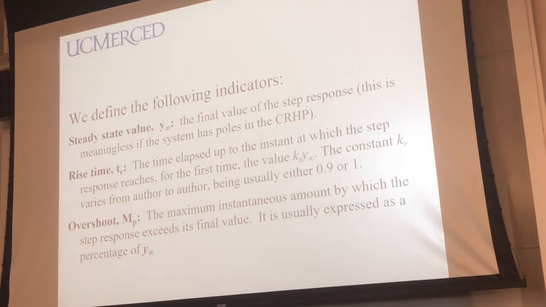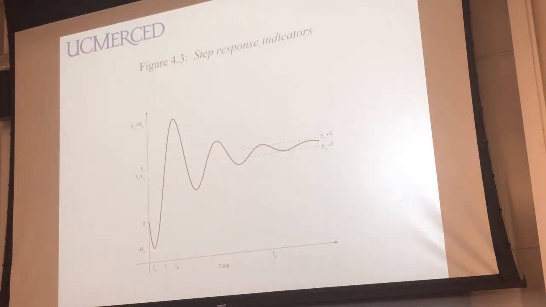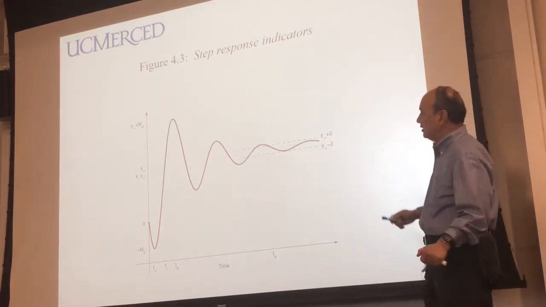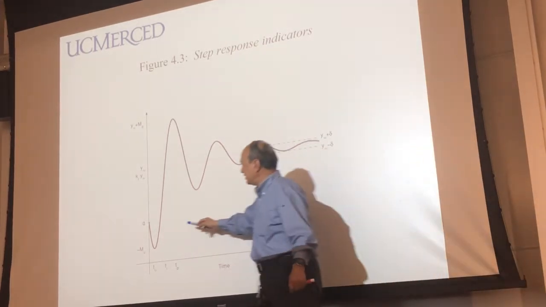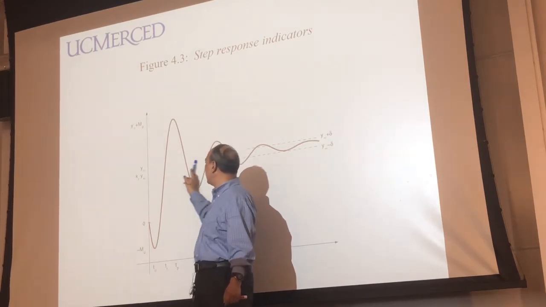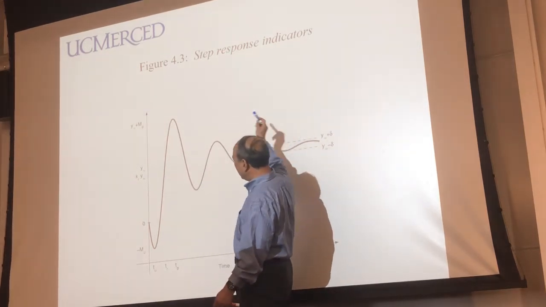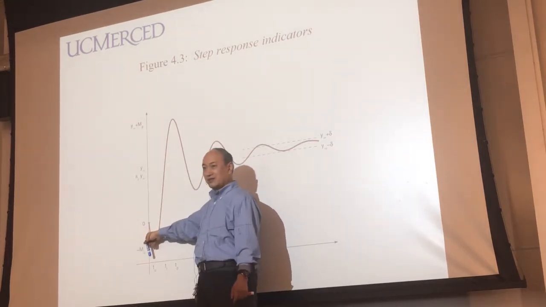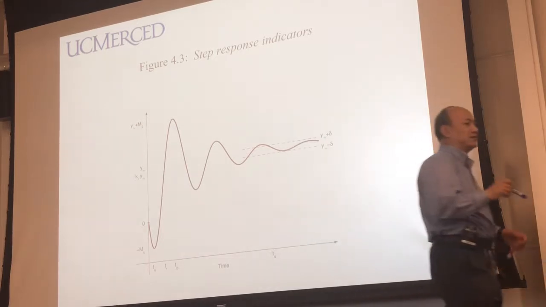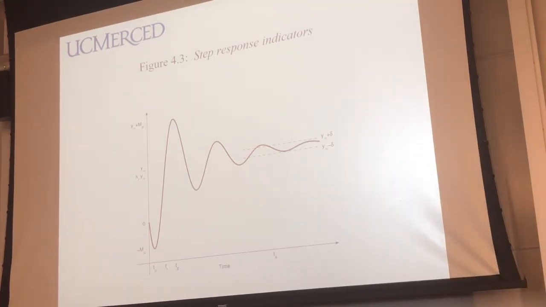For the system, the response is very odd on this side. Basically, my set point is here. I want you to be here, but initially it goes in the opposite direction. Okay? Why do we have that? It is because of non-minimum phase zero behavior. Okay? Non-minimum phase behavior. Okay?